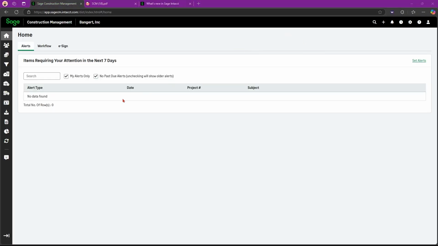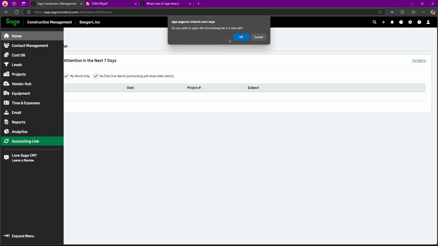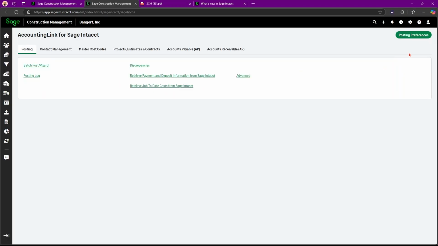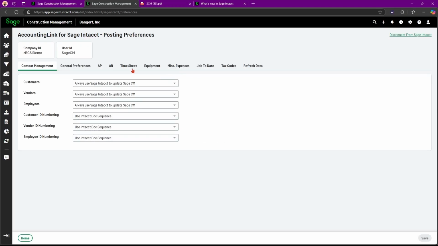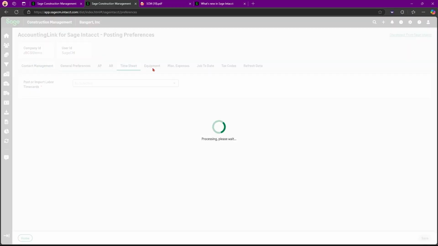So to start in What's New, we're going to go to our accounting link and go into your posting preferences. Here, you're able to see your timesheet, your equipment, and your miscellaneous expenses.